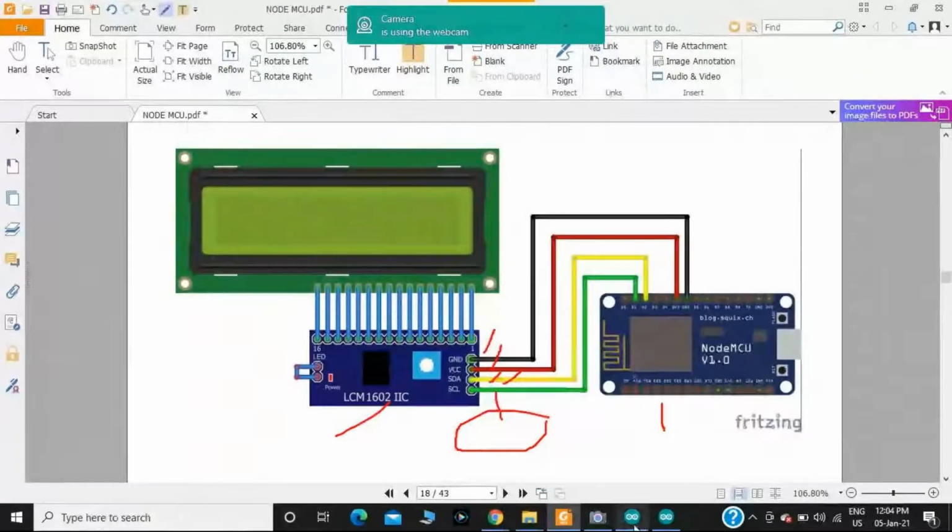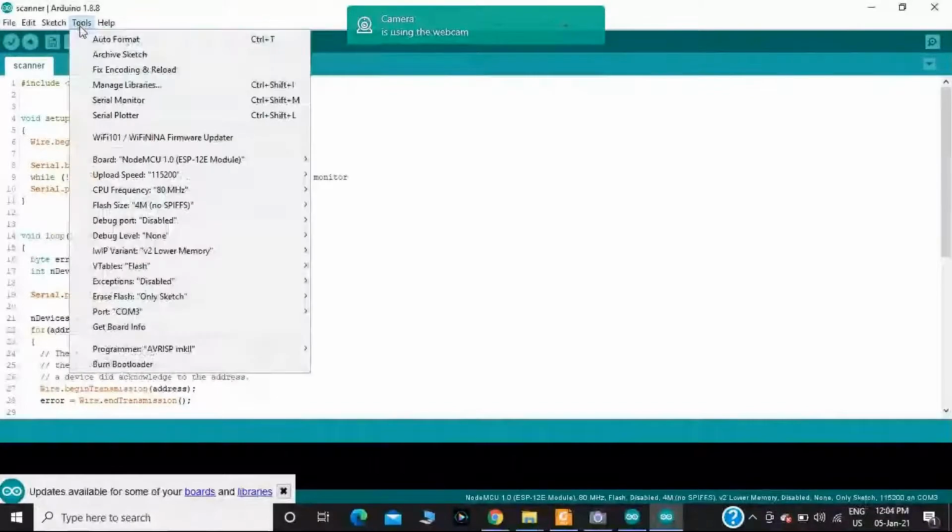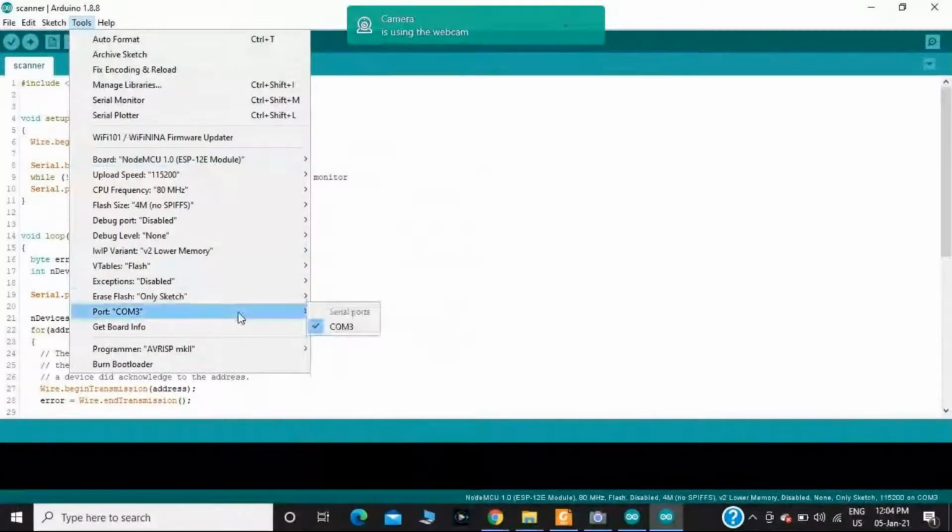Now we'll run the code. First, I should check in the Tools section whether the NodeMCU board is selected. Then afterwards, have you got a tick mark with respect to the COM port or not?